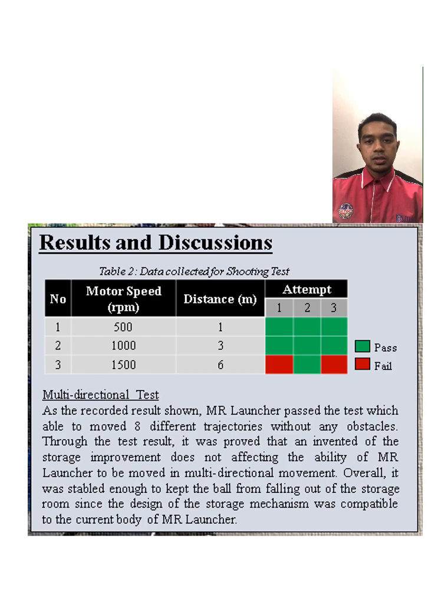So 500 RPM successfully shot at 1 meter distance, followed by 3 meter distance, and the last one is 6 meter distance. So as we can see here,